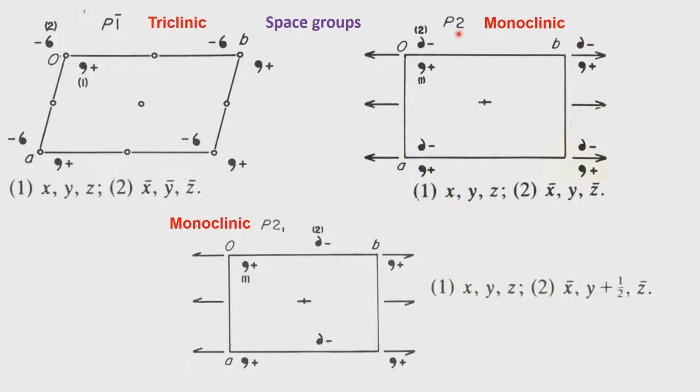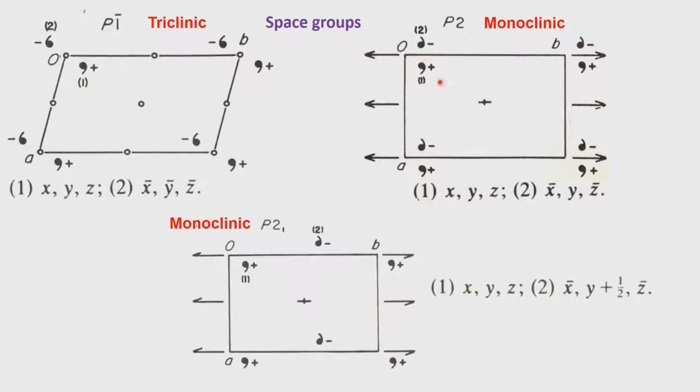So, we have to now consider the combination of the Bravais lattice with the presence of the two-fold and 2-1 screw, the mirror and also the associated glide planes. So, we will thereby generate several space groups. So, the first space group among these is the two-fold symmetry associated space group P2, and here what happens is